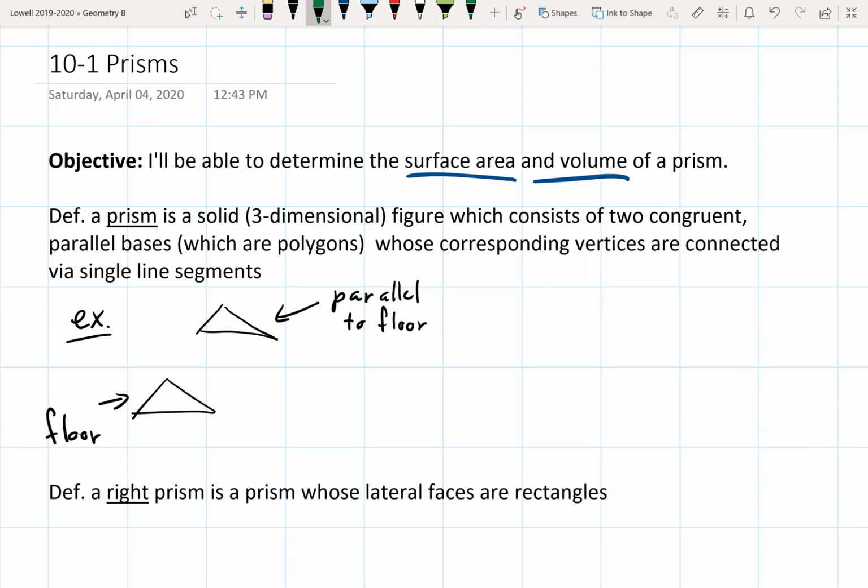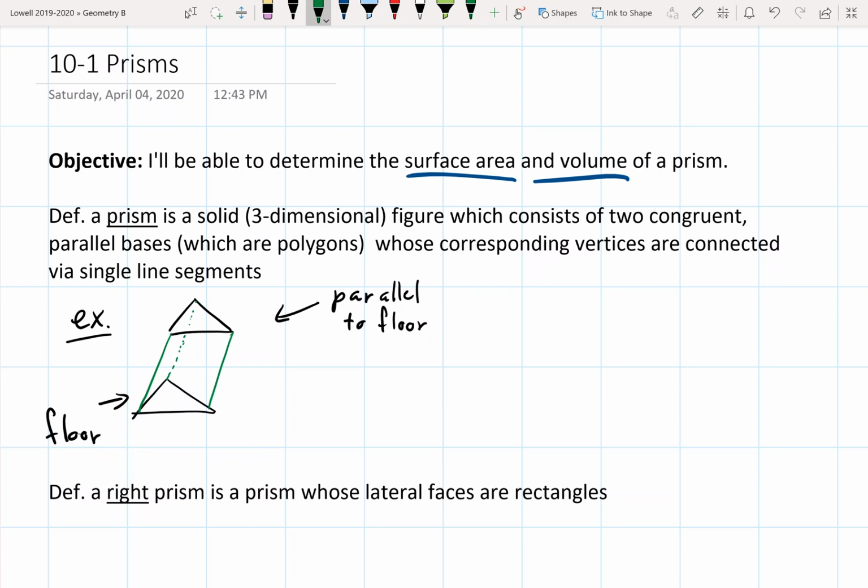And I just need to connect the corresponding vertices with these line segments here. That might have not been the best way to do it. And I'm drawing this one dashed because if this was a solid object, you wouldn't see that last edge there,